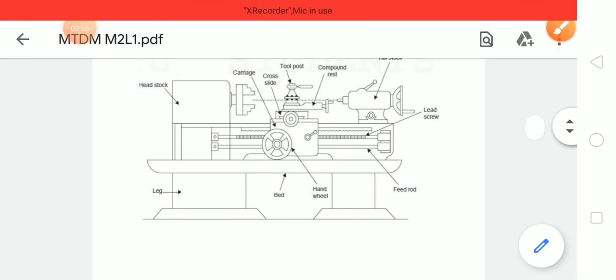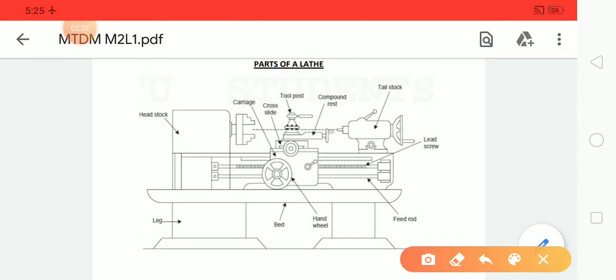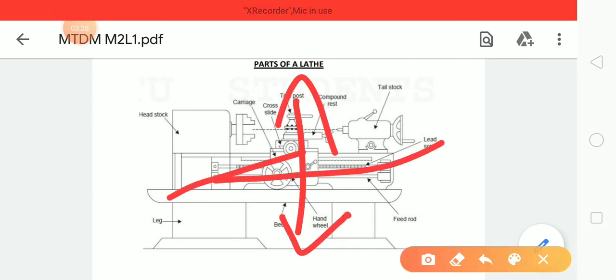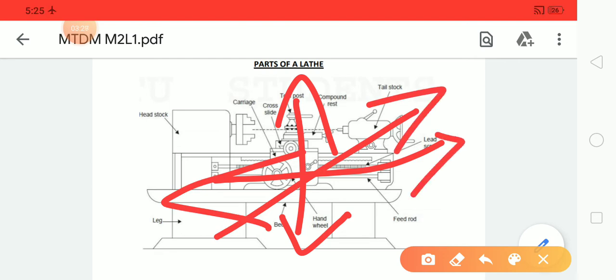Now the next thing is the carriage. Carriage is a complicated division in the lathe. Carriage has five different parts, such as cross slide, tool post, compound rest, and there is a feed mechanism, and also an apron mechanism inside the carriage. So carriage is used to attach the tool, and it is also used to give the feeds, such as you can move the tool in perpendicular direction, in parallel direction, or in inclined direction. All these movements happen due to the different attachments and mechanisms present in the carriage.